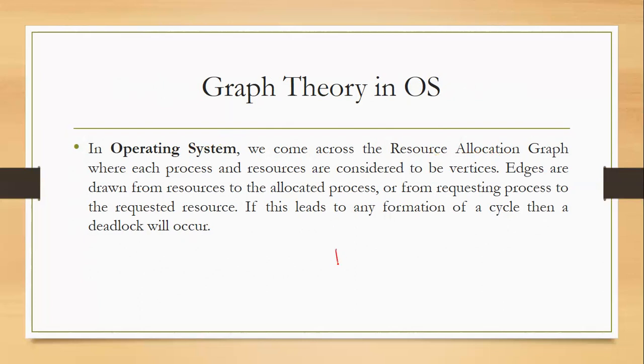Suppose you have three programs, program 1, program 2 and program 3, and these three programs want resources. A resource could be a mouse or a keyboard or some input device. In this case, we have two resources, R1 and R2. Suppose all three programs want the resource R1, so P1, P2, P3 want resource R1, and resource R2 is required by P2 and P3.